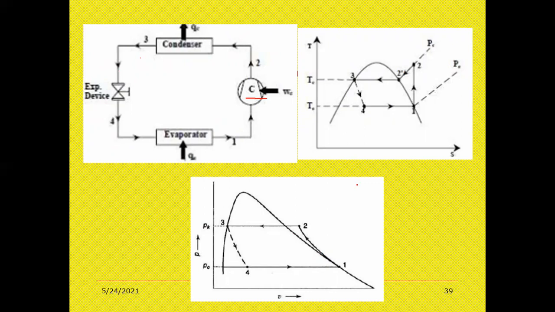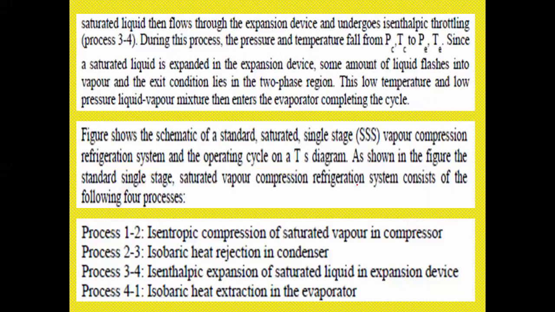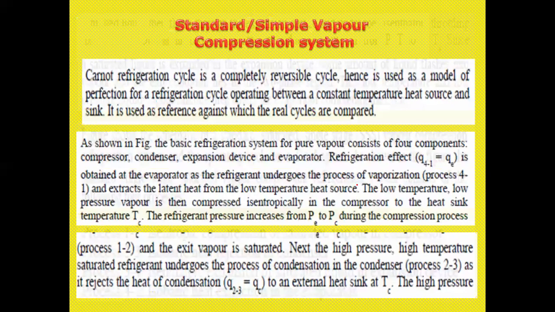Now we'll start to demonstrate this one. The figure shows a basic refrigeration system with four elements, four components. Those are the physical devices: compressor, condenser, expansion device and